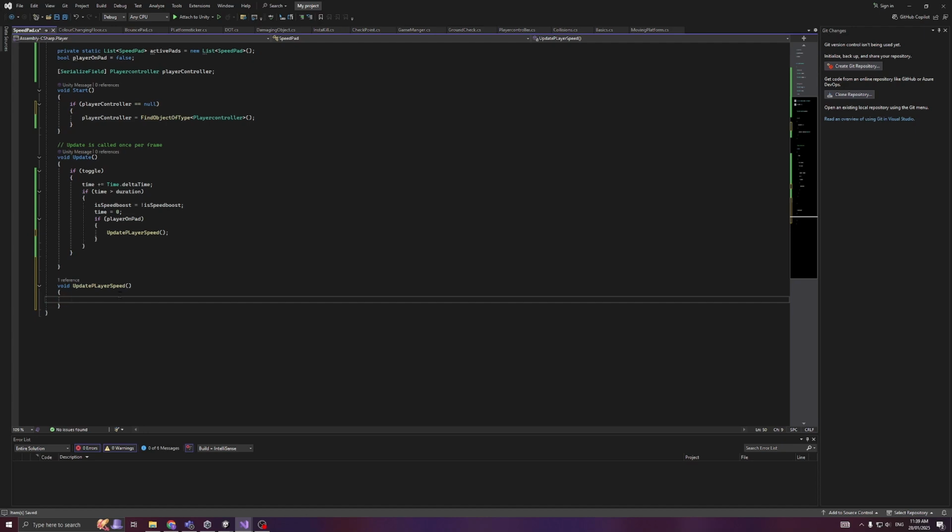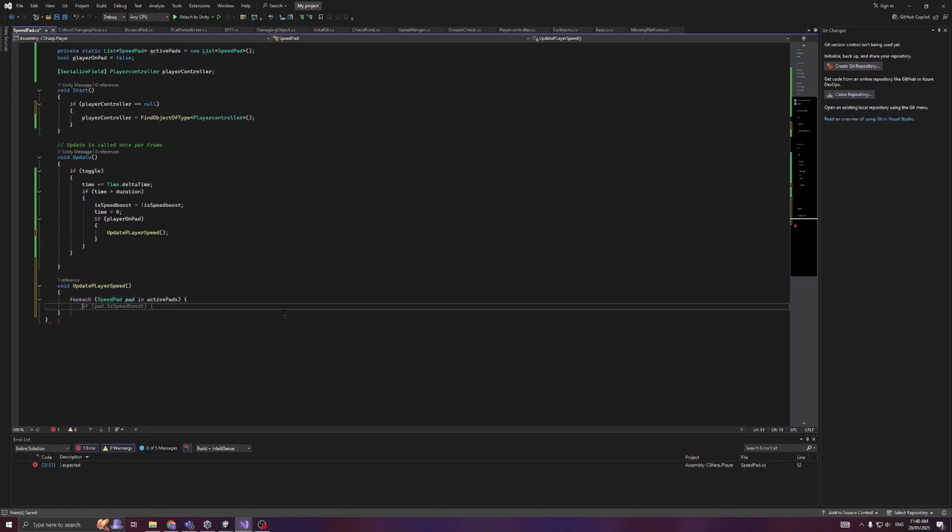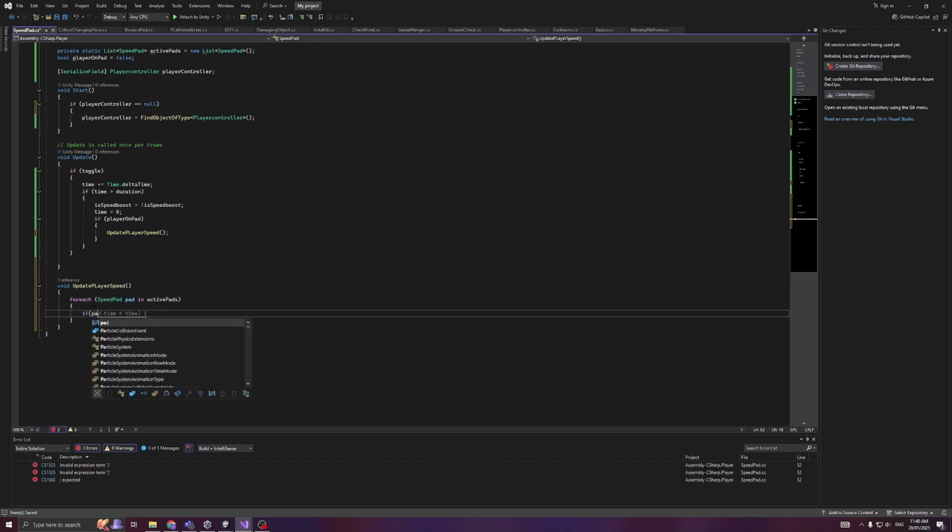So we're going to go for each SpeedPad pad in active pads. If pad dot is speed boost